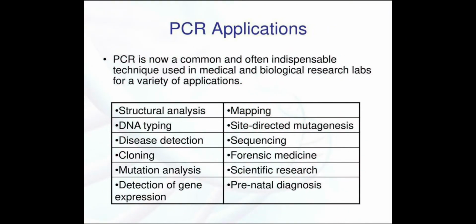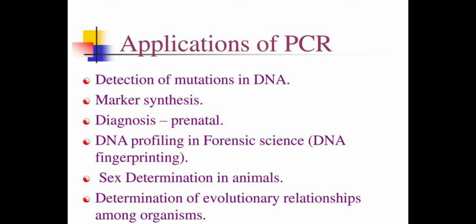And now let's move on to the applications of PCR. PCR is used in the identification and characterization of infectious agents. It is also used in direct detection of microorganisms in patient specimens, identification of microorganisms grown in culture, detection of antimicrobial resistance, investigation of strain relatedness of pathogens of interest, genetic fingerprinting, detection of mutation, cloning of genes, and PCR